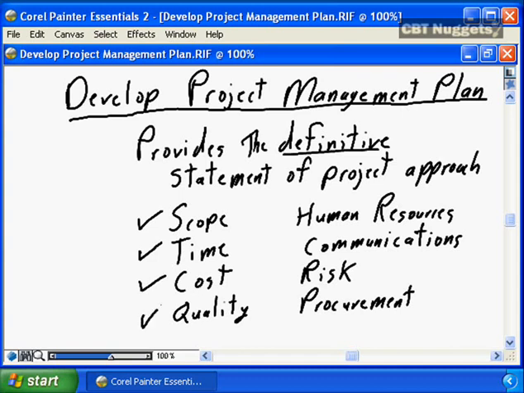A key component to the project management plan is the quality management plan. What is the definition of quality? What are our quality expectations? What walkthroughs, what processes, what procedures will be followed? What is the quality acceptance process? Will the project be accepted with 0 faults? With no critical faults and 3 minor faults? With no critical faults and 20 minor faults? What is the quality process? What are the quality expectations?